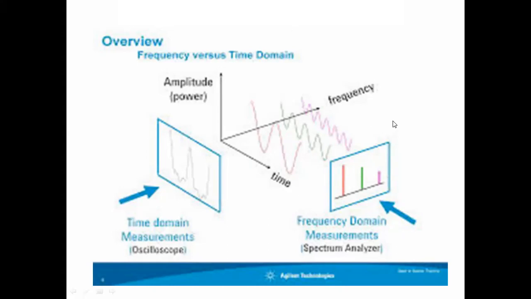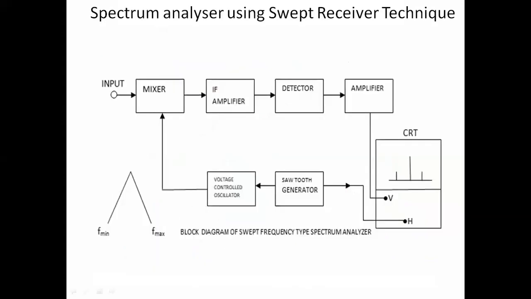Okay, like this we can represent the time domain and frequency domain signals. So in the spectrum analyzers, after detecting by using filters, we get the individual frequency components. That individual frequency component value will be represented. The RMS value of the individual signal will be represented at that particular frequency. So like this we have the parallel filter bank technique, and the second one, spectrum analyzer using stepped receiver design technique.